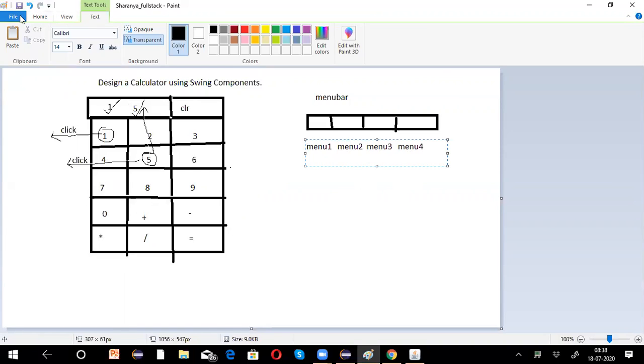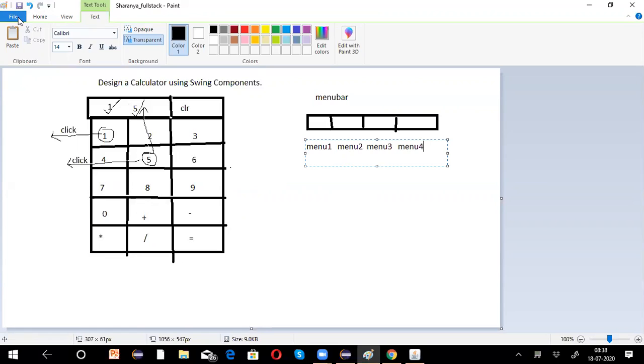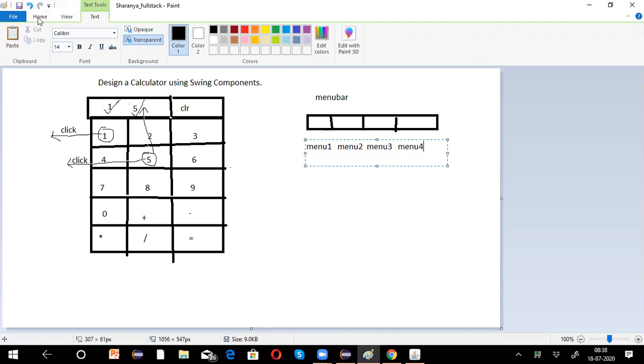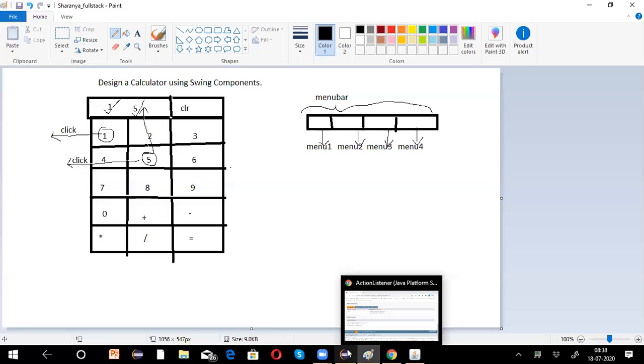When you open a file menu, now this is a file menu on the menu bar. Now this we call a menu bar. On the menu bar you have the file menu, and you can add components to the file menu. Similarly to the home, this also you can add. In a home you have all these menu bar items. So here you can implement this. So this is nothing but a menu bar. This is menu 1, this is menu 2, this is menu 3, and this is menu 4. And this entire thing is a menu bar. This you can implement using Swing components.